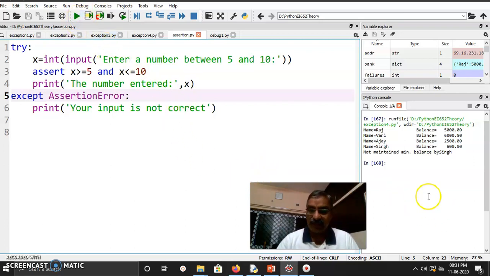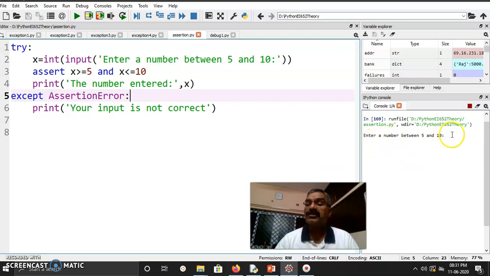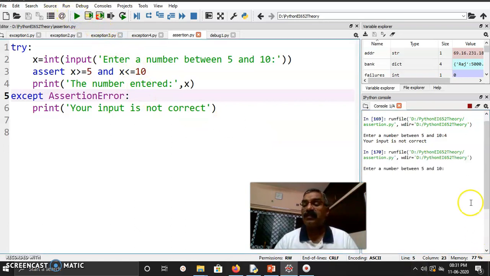Let me run this program. Prior to that one, I will clear the console. Okay, you see here, enter a number between 5 and 10. I enter 4. It says your input is not correct. Again, I run this program. Enter the 5. Now I enter 9. Okay, if I enter 9, the number entered is 9. It prints it correctly. So with this